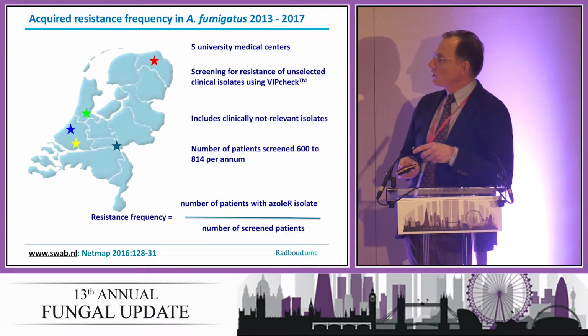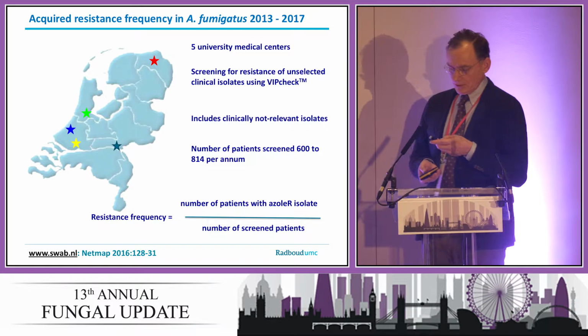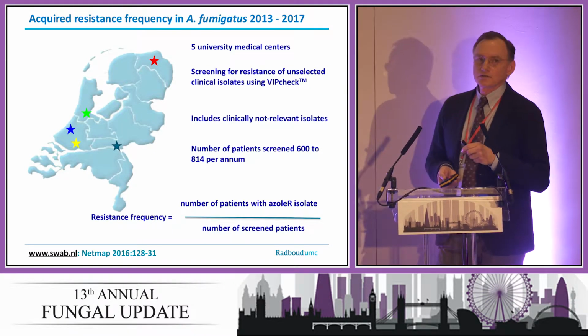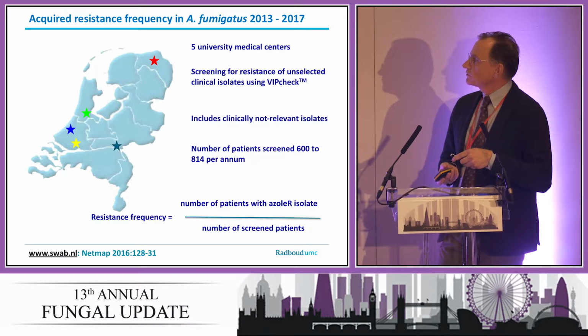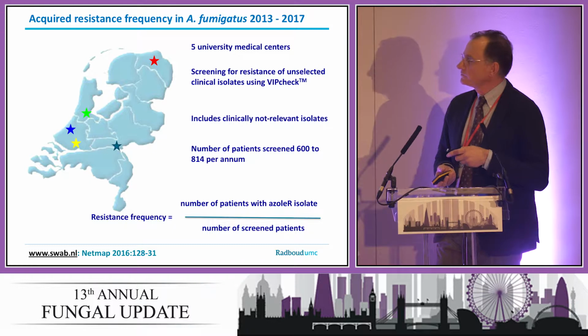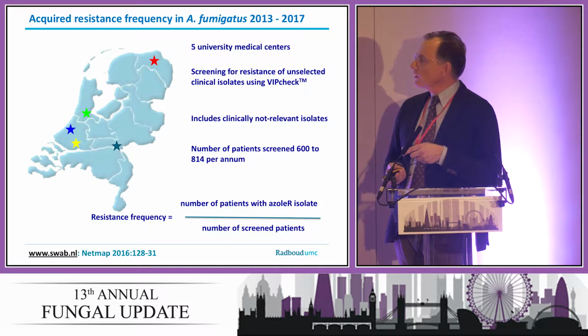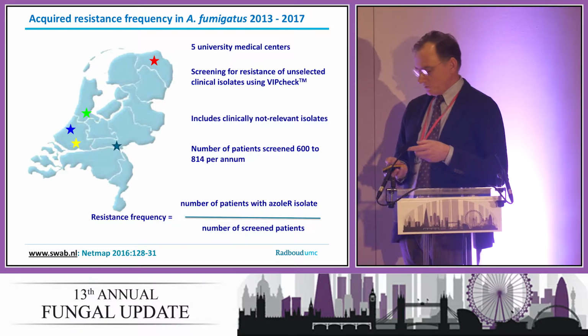So in our country, we have a surveillance network in 5 university medical centers. And what they do is they screen for resistance in unselected clinical isolates. So any isolate which is cultured, it might not be clinically relevant, they screen for resistance. And each year, between 600 and 800 patients are positive. So the resistant frequency is then expressed as the number of patients with an azole-resistant isolate divided by the